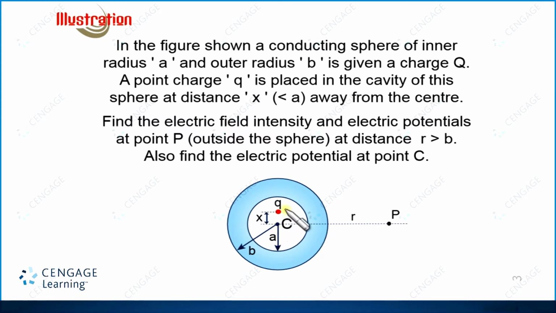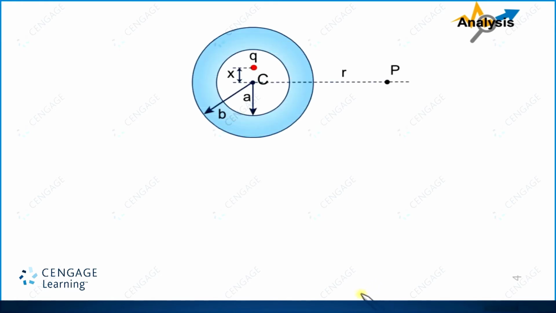Here you can observe this charge is not placed at the center, but at a position other than the center, at a distance small x. Now let us move the diagram to the next page. What will happen? Charge will be induced on the inner surface as well as the outermost surface. The shell has capital Q charge, so the charge on the outermost surface should be capital Q plus the charge induced because of this small q. First, charge minus q will be induced on this surface like this.